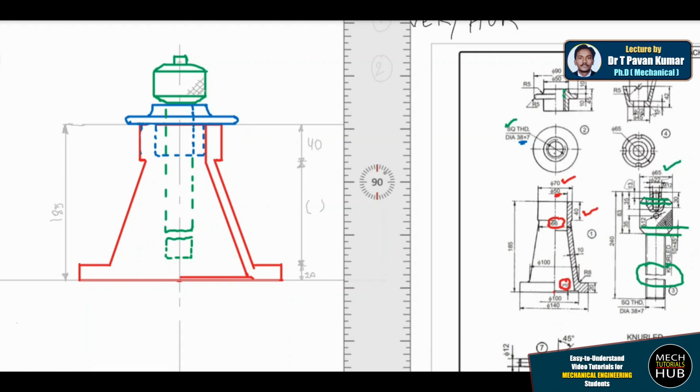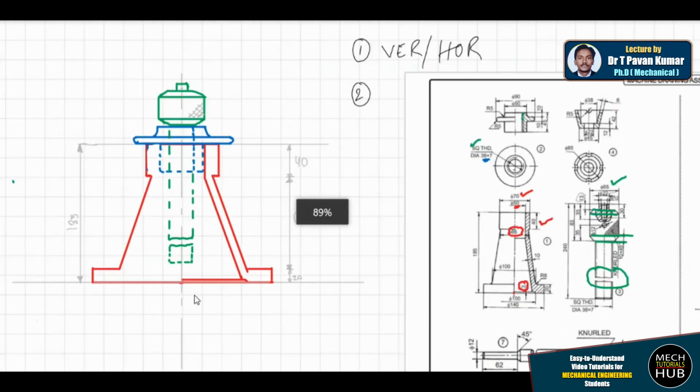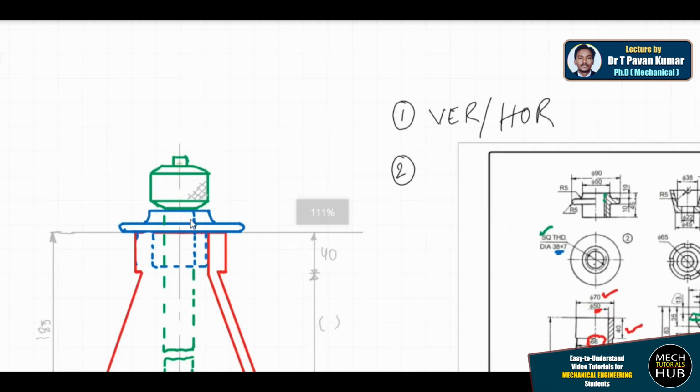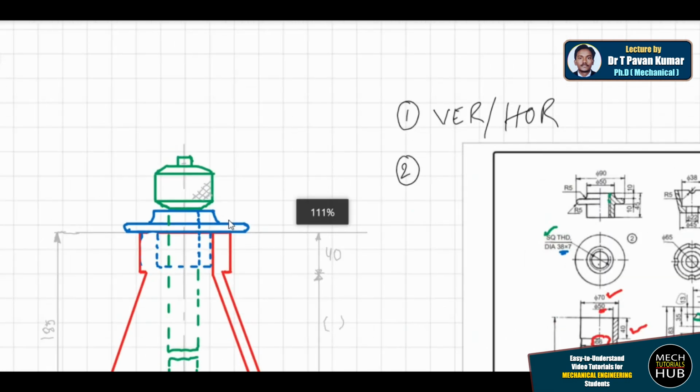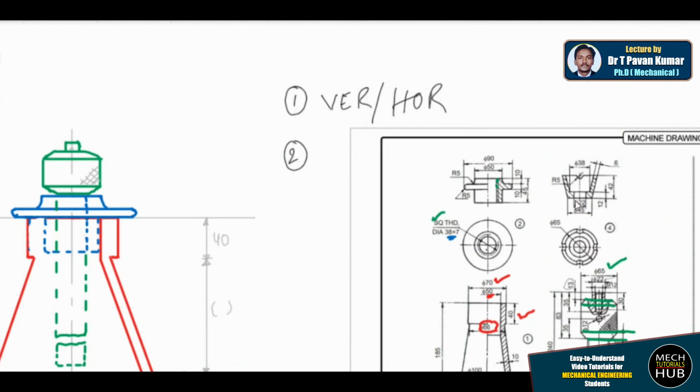Before that, let me draw this particular part number 4 on the top. For that, let me increase something like this. Question is not visible. This part I'm going to place in the working position.